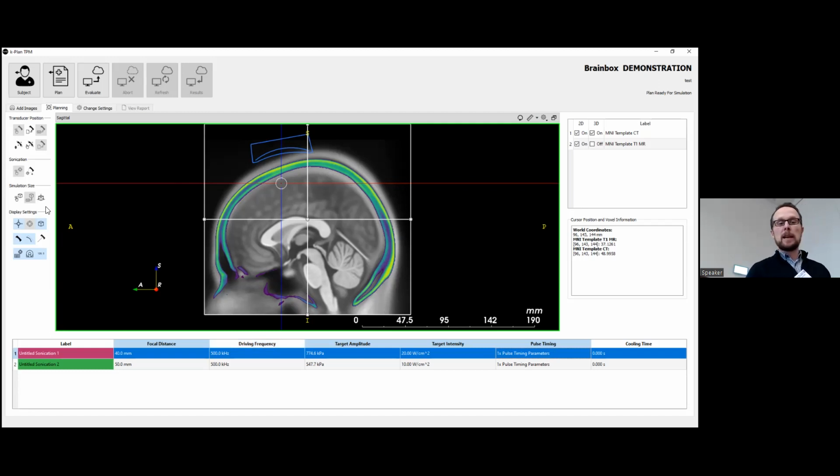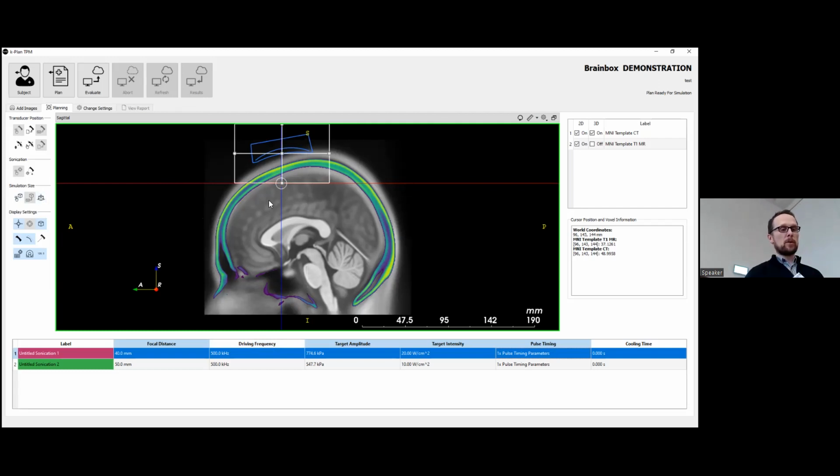Last main thing I need to do before sending this for evaluation is to set my simulation window, if you like. You can see it's the white grid that's placed over the top here. If I click this button, it'll go to the minimum size required, which is just covering the transducer itself, so not particularly useful. But if you want to start at the minimum and increase, just to give you the